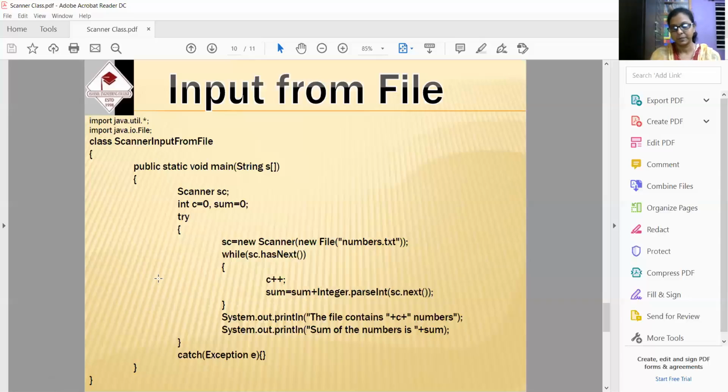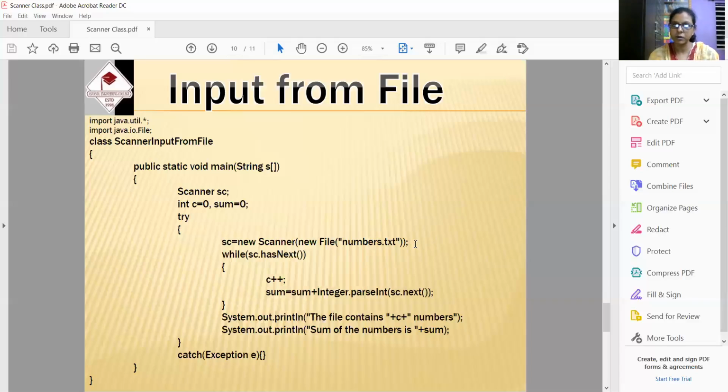So when I am giving new file numbers.txt, or a path where some file in another drive is to be taken as input, it may be quite possible that the file is not present in that particular drive. Then it is an exception. And right in this particular line, an exception will be created and thrown. Which kind of exception will be created? File not found exception, and this is a type of checked exception.